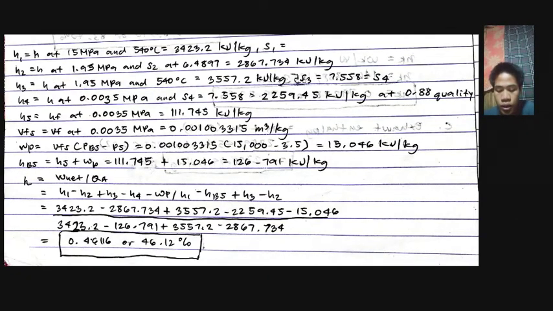Okay, also in the previous process, in the same process for it. The formula is used to get the values of H1, H2, H3, H4, H5, BF, VF5, WP, HB5, and the illustration that supports it. Okay, let's proceed to N equals WN over QA equals H1 minus H2 plus H3 minus H4 minus WP over H1 minus HB5 plus H3 minus H2, and then substitute it to get